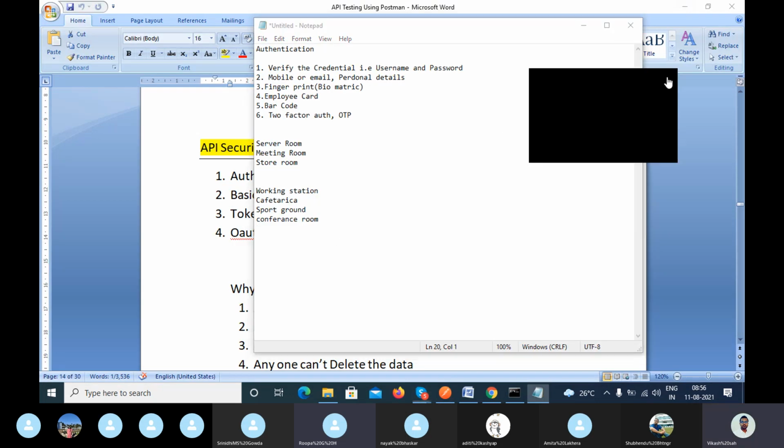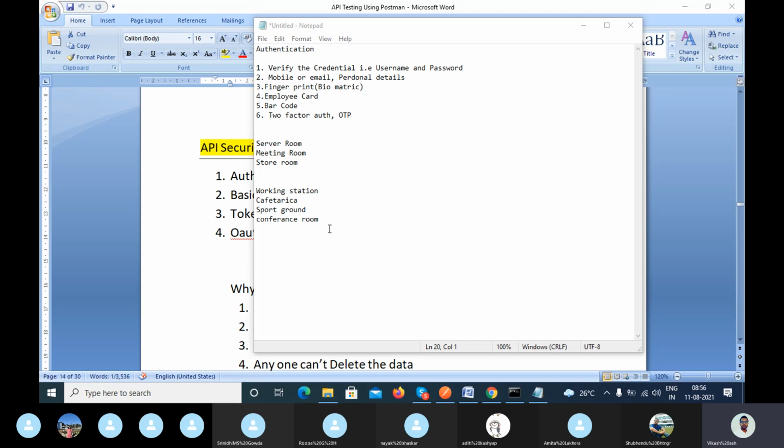You can see it here, which I have told you. Without entering your office, can you go to your cafeteria, go to your workstation? Simple question. Without swiping your employee card, can you go to your workstation, cafeteria, sports room, conference room?